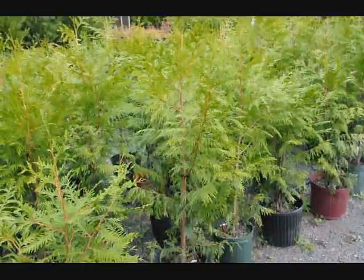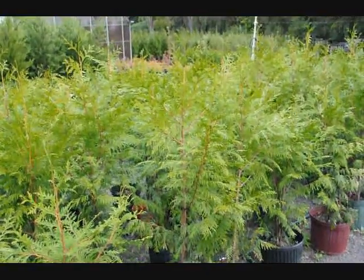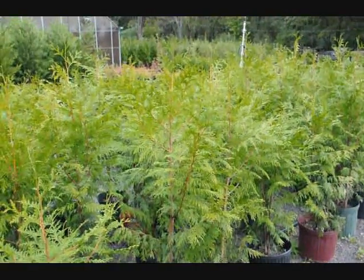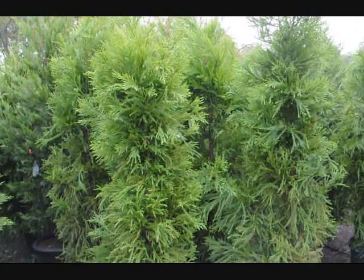Not quite as easy to transplant and harder to find than the green giant and the Leland cypress, but yet makes a very nice screen and buffer, fast-growing and deer-resistant. These are Japanese cryptomerias. They're a fast-growing